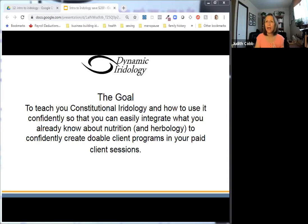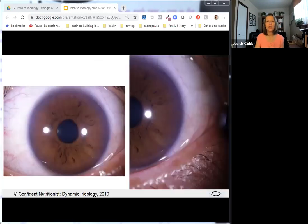So let's, again, let's do another quick little constitutional analysis here. All right. Quick little analysis. This is a female client in her mid-30s. She has fertility issues. She's been trying to get pregnant for the last couple of years. She did conceive once,